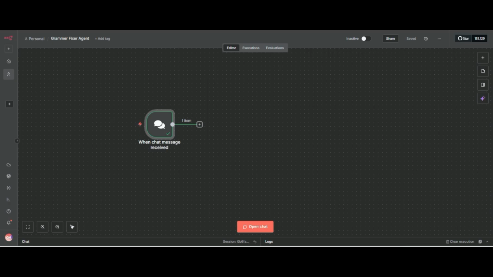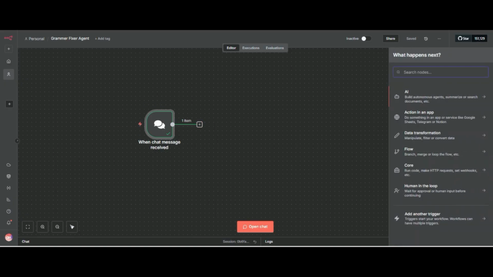We will add an AI agent node, because we prompt and explain to the AI agent to remove all the mistakes and make everything polished. Whenever a user sends an essay or anything, a blog or script, you have to give them a right blog or grammar without mistakes. So we add the AI agent node.